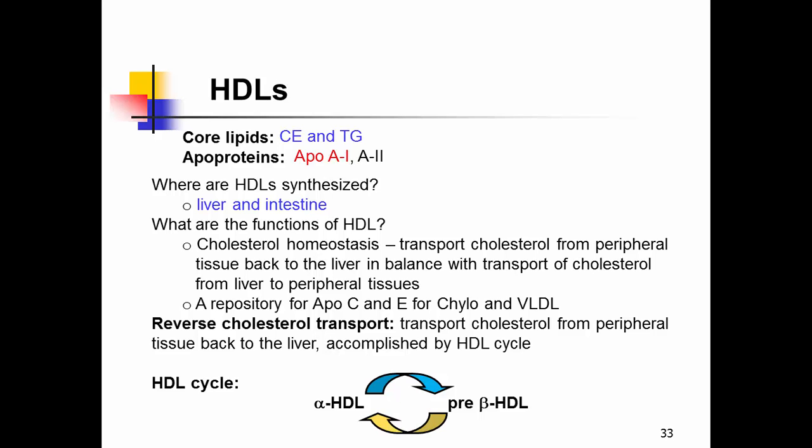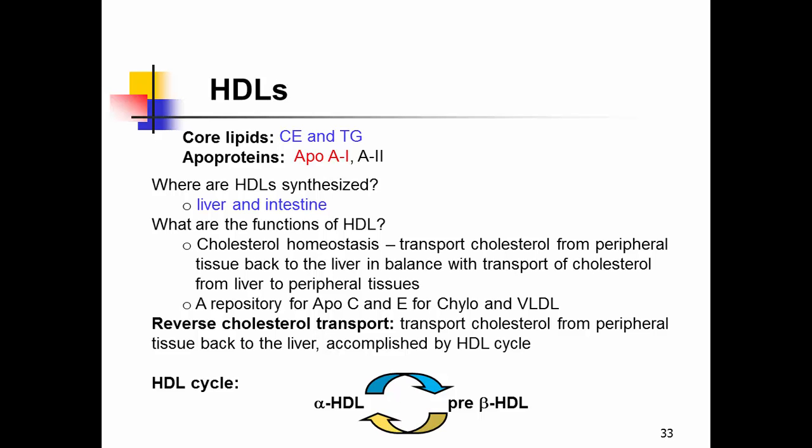So HDL transports excess cholesterol from peripheral tissue to the liver, and in the liver the cholesterol is converted to bile acid and excreted. This is the primary role of HDL. HDL also plays another role: it transfers ApoC and ApoE to other lipoproteins,